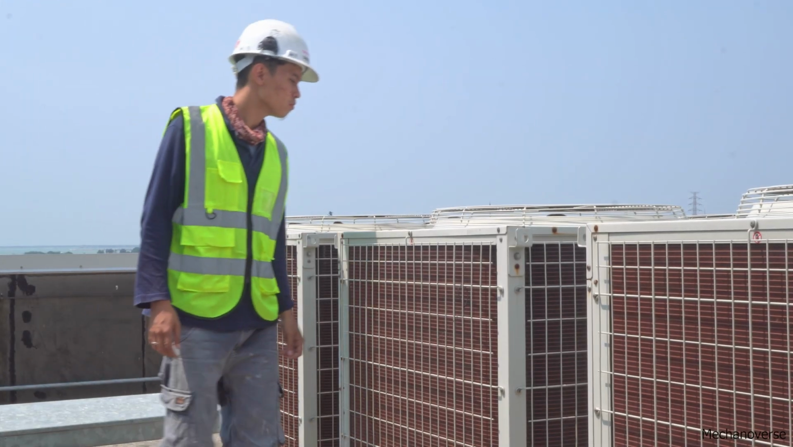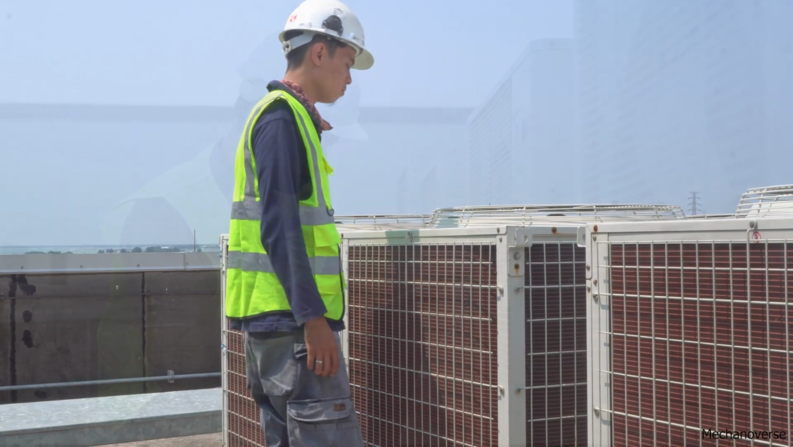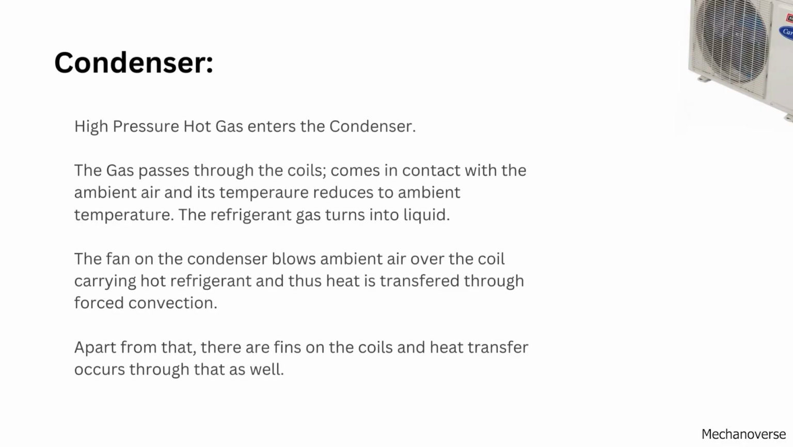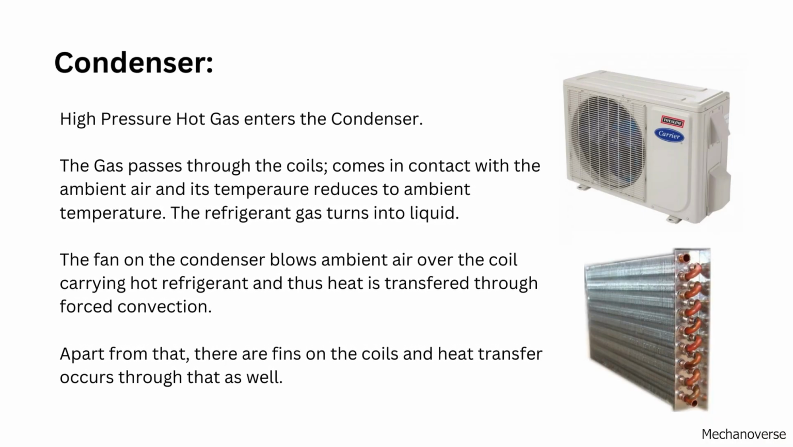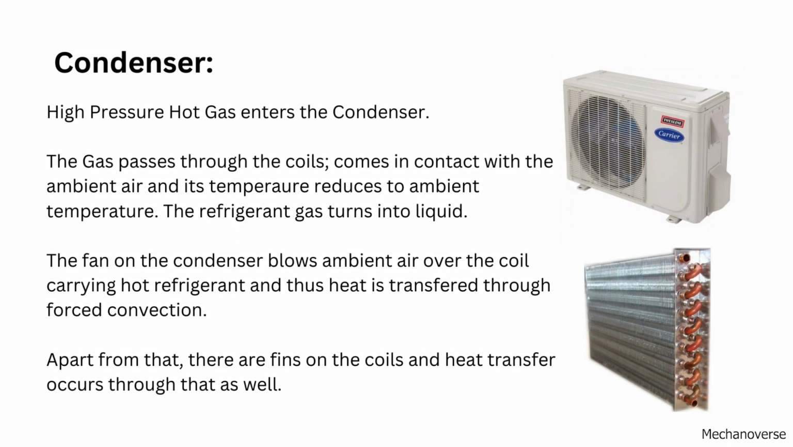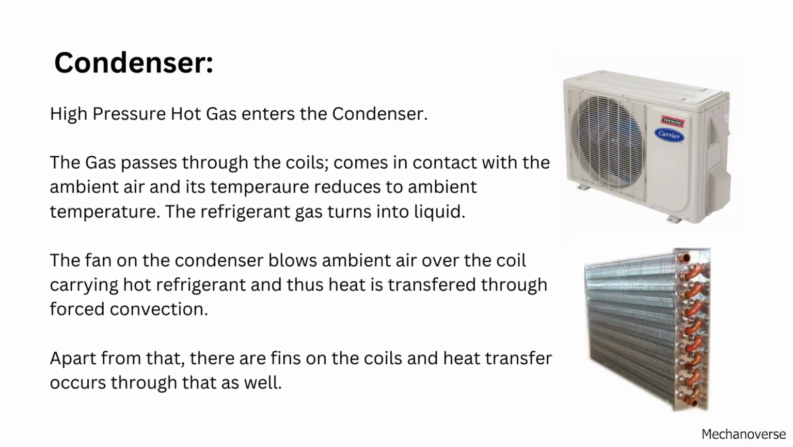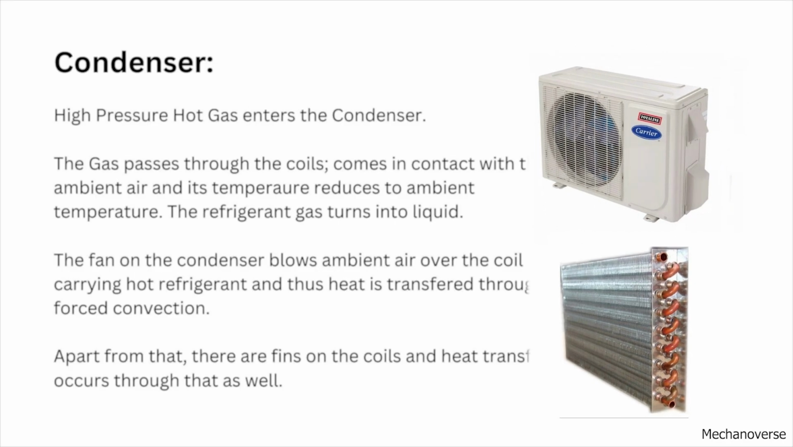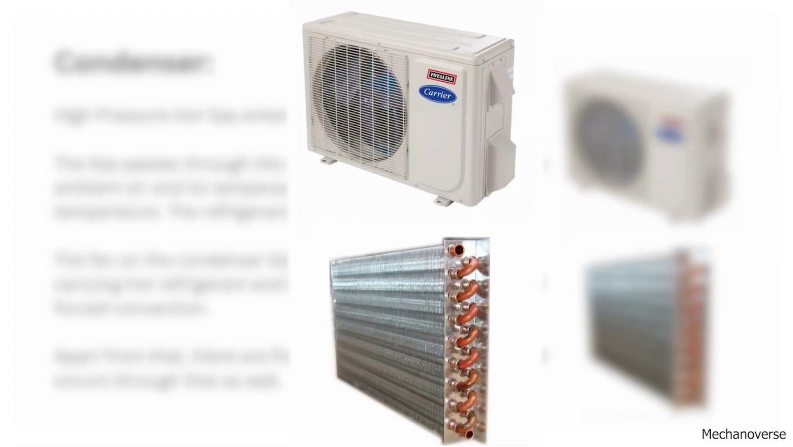These are the condenser units. High-pressure hot gas from the compressor enters the condenser. The gas passes through the coils, comes in contact with the ambient air and its temperature reduces to ambient temperature. The refrigerant gas turns into liquid. The fan on the condenser blows ambient air over the coil carrying hot refrigerant,